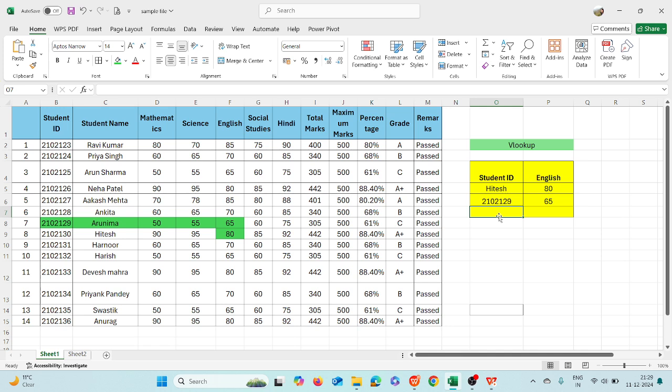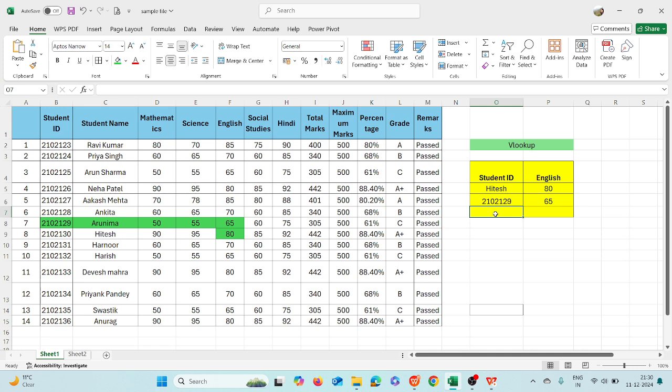Now, I'm just taking one more example so that you would get to know how to use VLOOKUP, right? So each and every record is being searched vertically. That is why it is VLOOKUP. So this is one of the most important things in MS Excel, right? Now the third query is, for example, based on the serial number you want to search the marks of English, right? You could also check, based on the serial number, what is the grade.